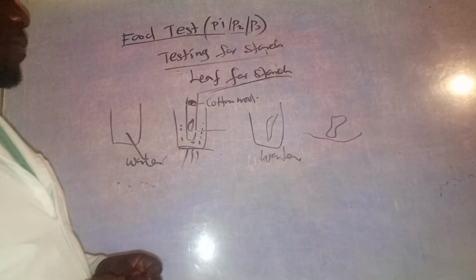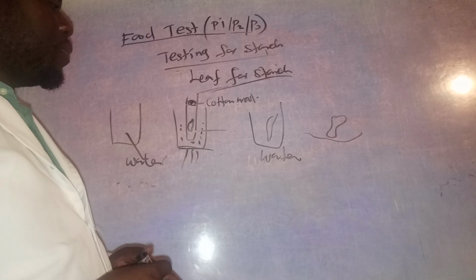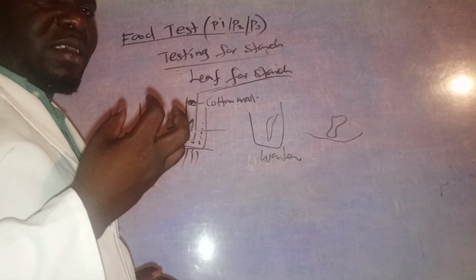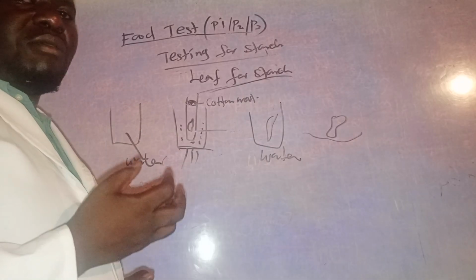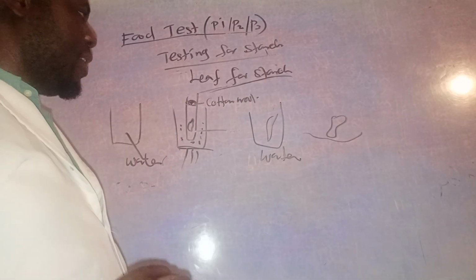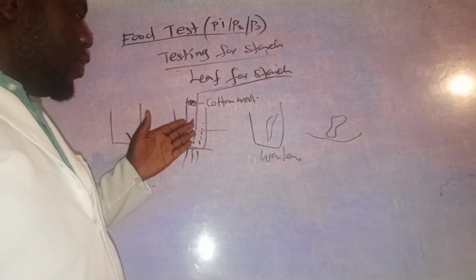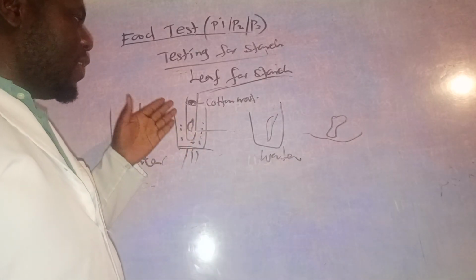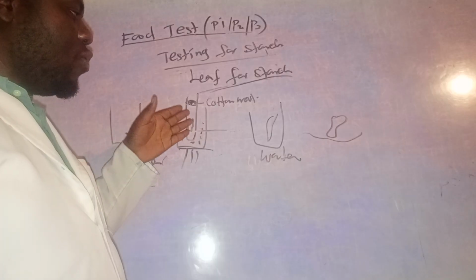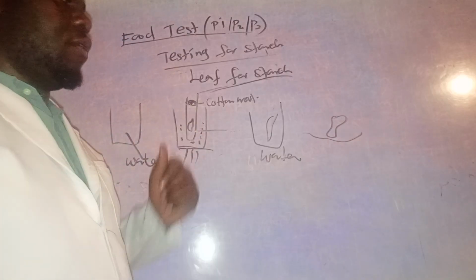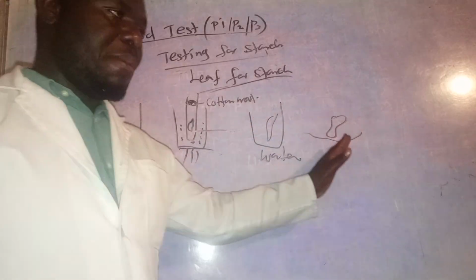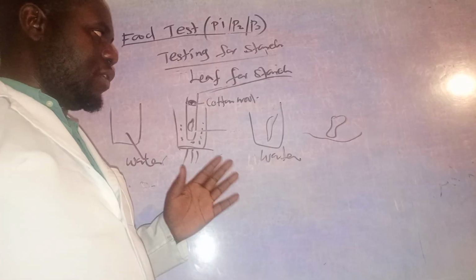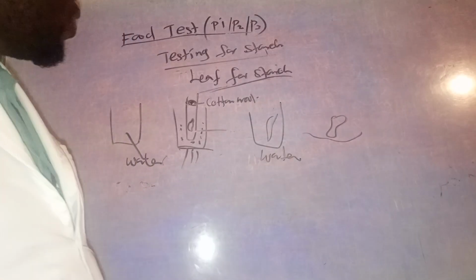So the purpose of dipping the leaf in alcohol is to remove chlorophyll, the green pigment, from the plant. And that green pigment can interfere with our experiment. So we boil the leaf in alcohol in order to remove chlorophyll. So these are the 4 stages: number 1, number 2, number 3, and number 4 stages when testing a leaf for starch. So I'll go to testing for